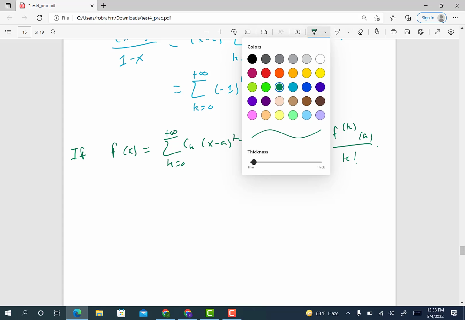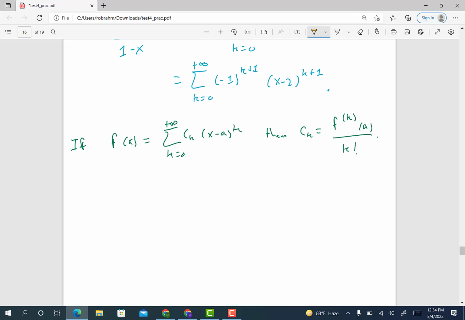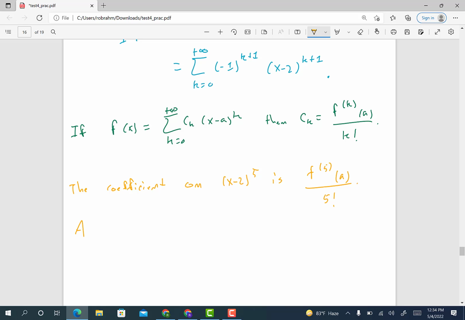Okay, so now the question asks, what is the fifth derivative of f evaluated at 2? So I'm going to look at my sum, and I know that the coefficient on (x − 2)^5 is equal to the fifth derivative of f evaluated at a, over 5 factorial. According to the sum,